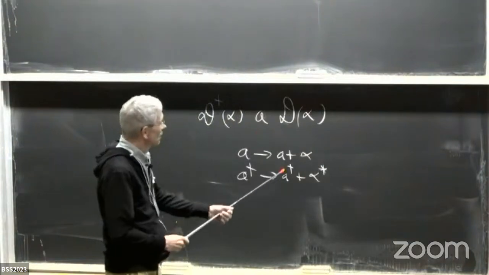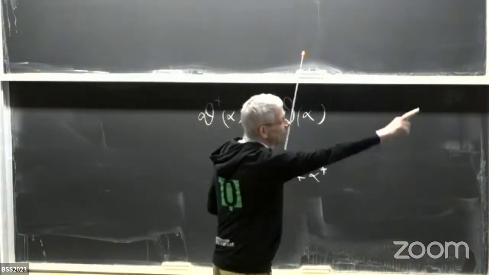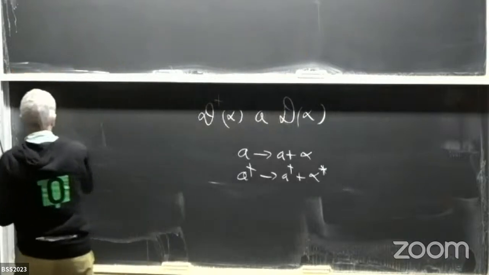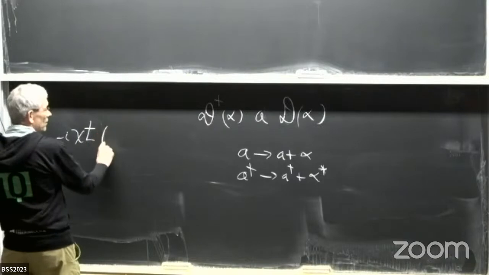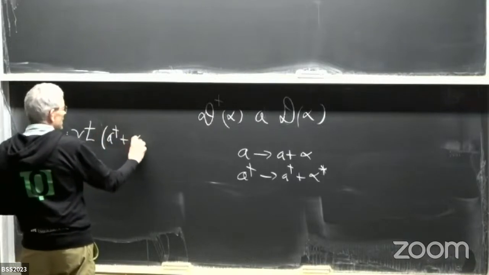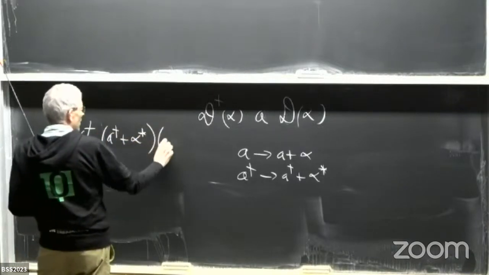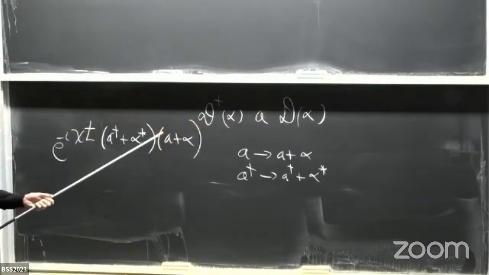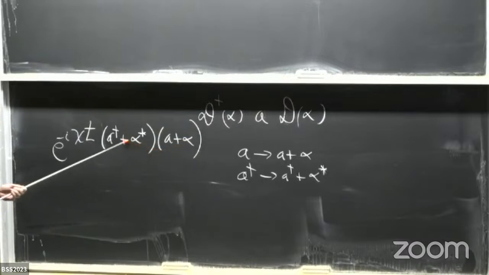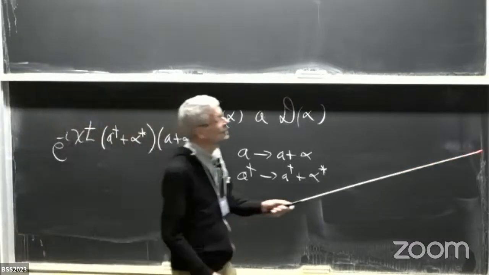And then if I take those expressions and plug them in up there, I get e to the minus i chi t (A dagger plus alpha star)(A plus alpha). And you can pick out terms here, alpha times A dagger and alpha star times A, which are starting to look like